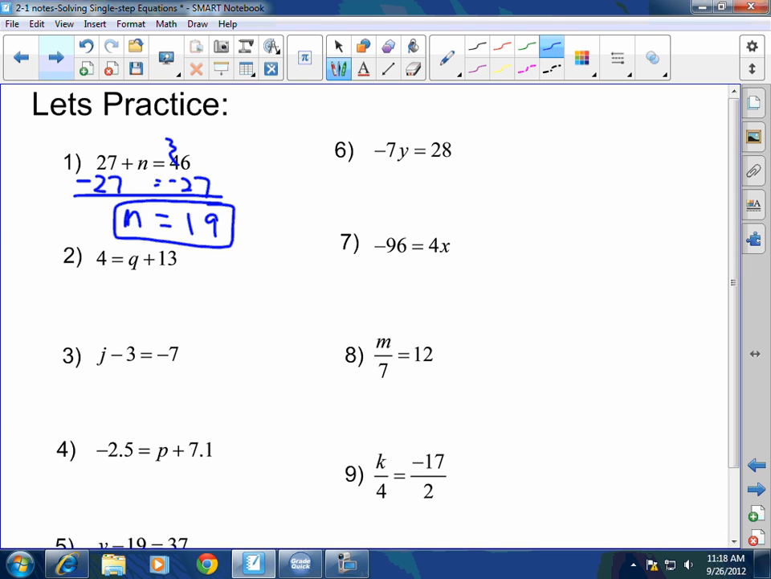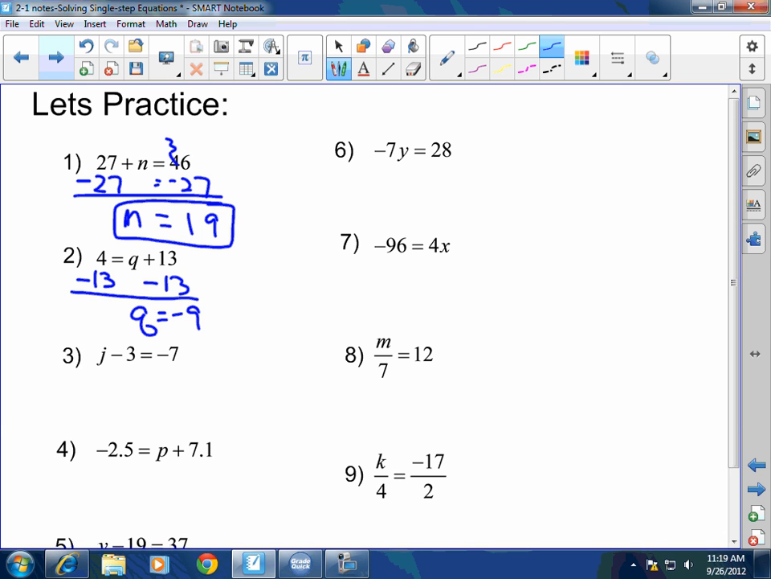Okay, 4 equals q plus 13. What's the relationship between q and 13? They're being added, not positive. Positive is not a relationship. What is the sign of the 13? How do you undo addition? So you subtract 13 to both sides. So q equals